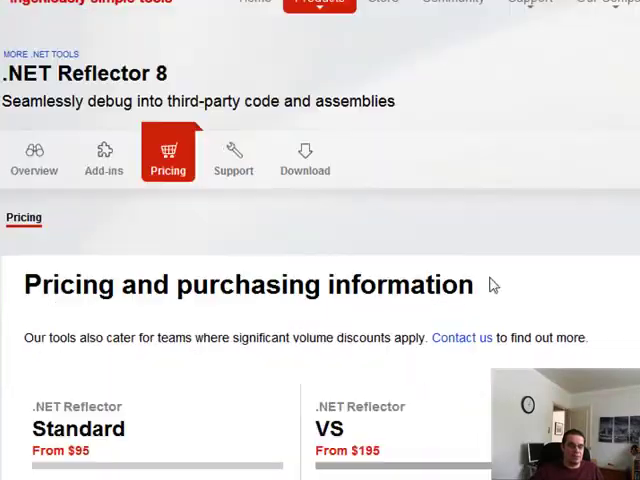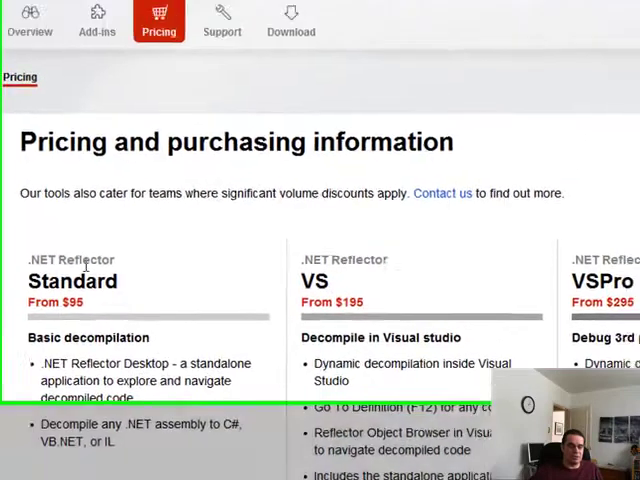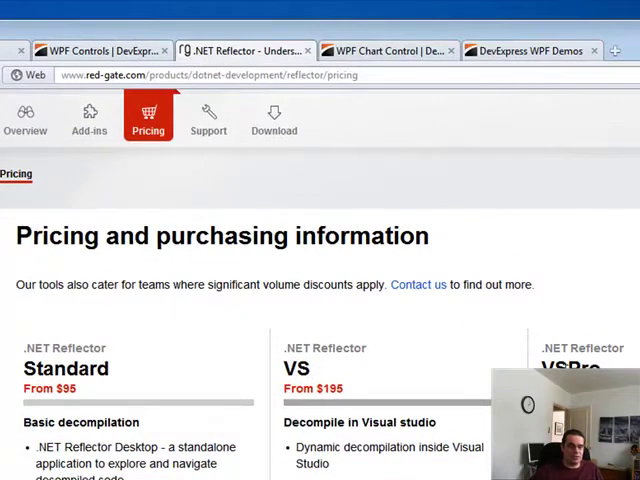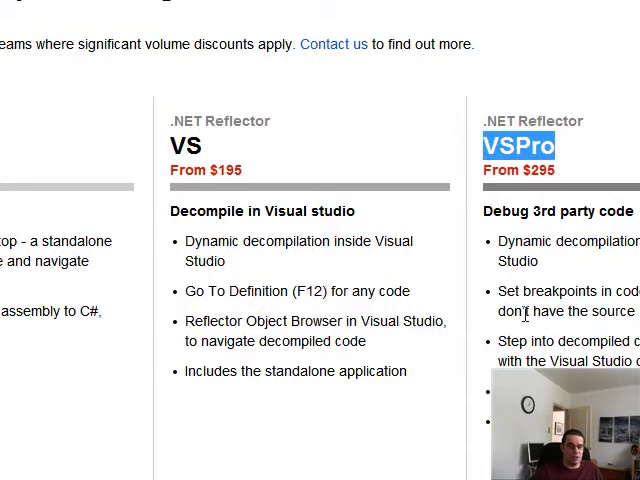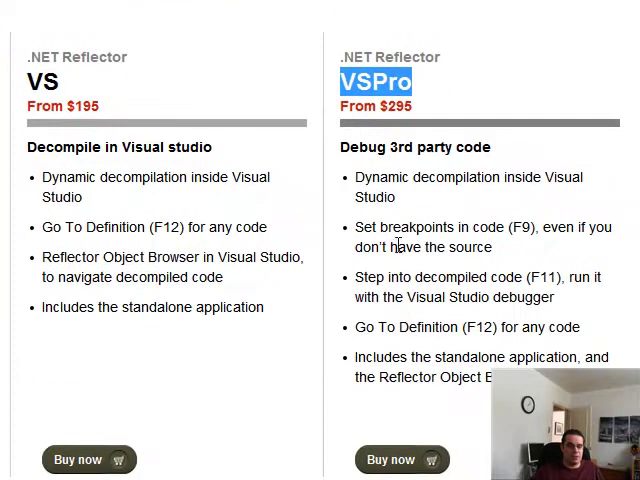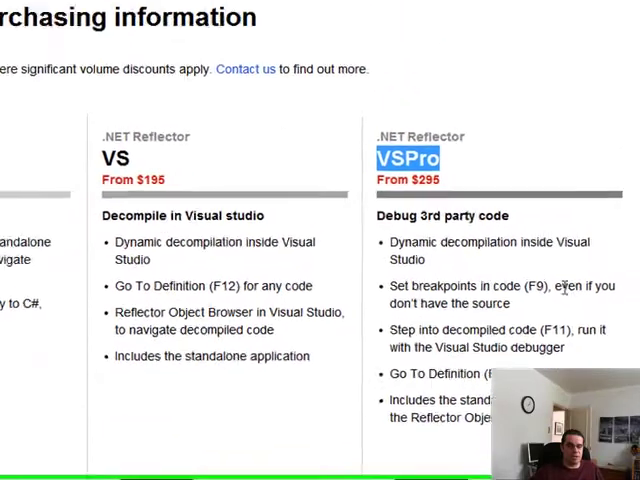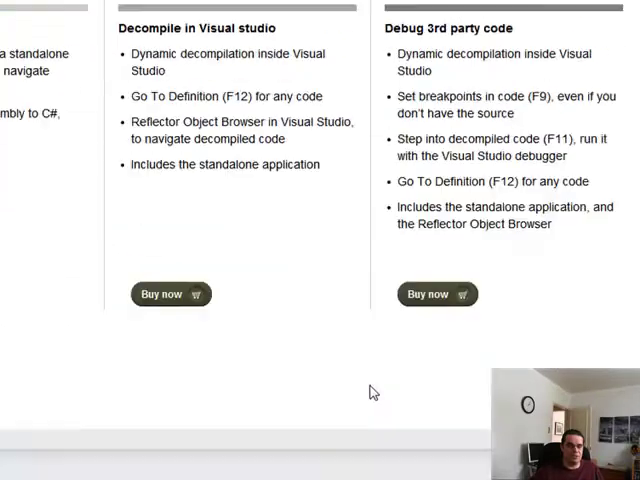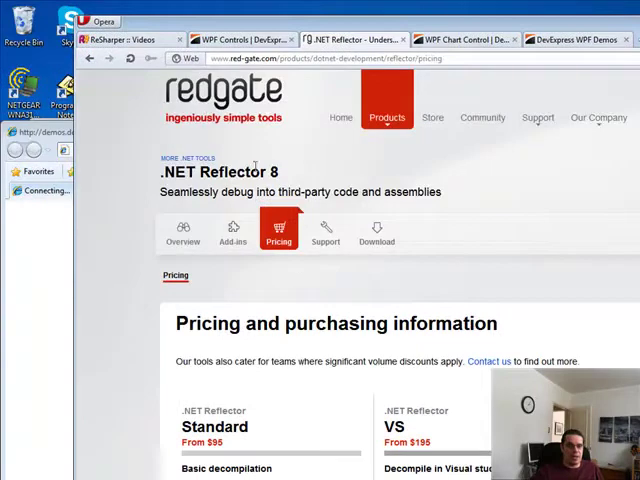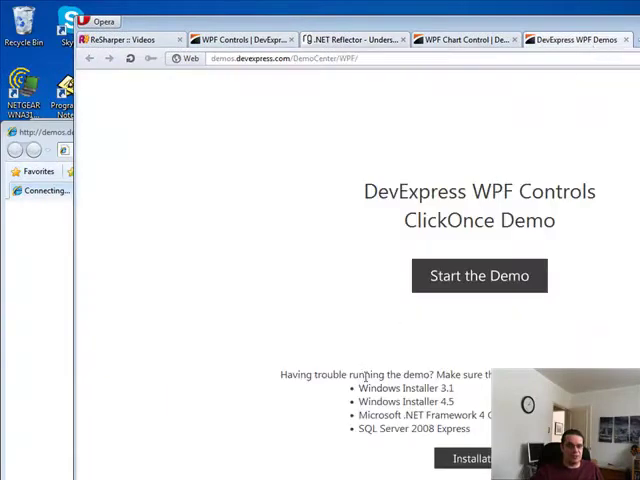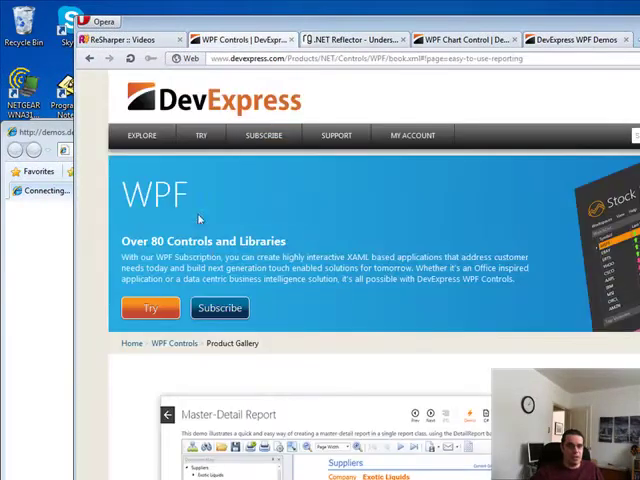The pricing on this one, obviously nothing's for free with these type of tools. This one's been suggested as the VS Pro, which includes a Visual Studio plugin. So something pretty good. It's pretty handy. It also creates a Visual Studio project for you. Now the last one's called DevExpress. It's a subscription model of